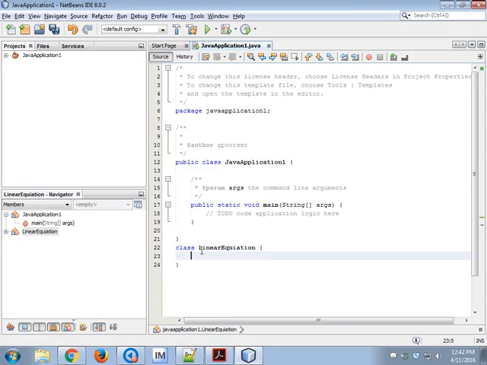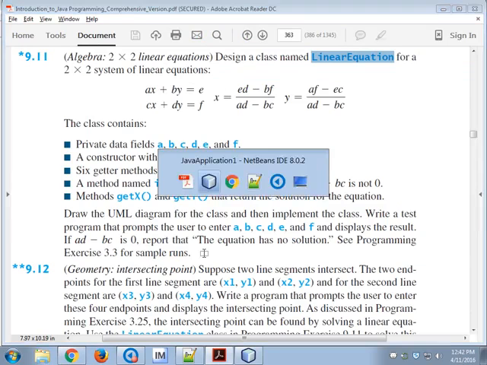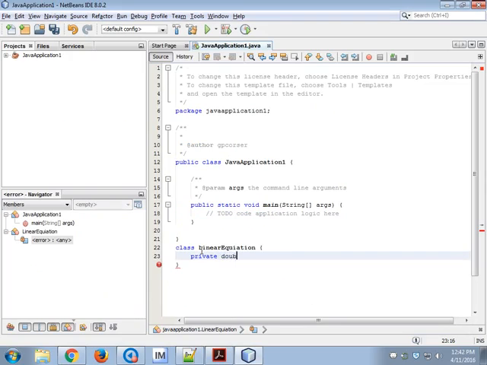And it's got private data fields A, B, C, D, E, and F. So we literally just say private, and I believe they're integers. You know what? They don't have to be integers. They can be doubles. And we'll have A,